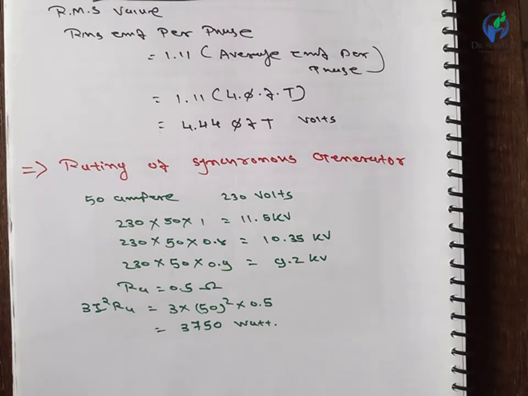So the temperature rise is due to the copper losses and iron losses, so it can be said to depend on the current and voltage rating. Thus we can say that the current rating is directly proportional to current, and the voltage ampere is directly proportional to the kVA for the large capacity output.